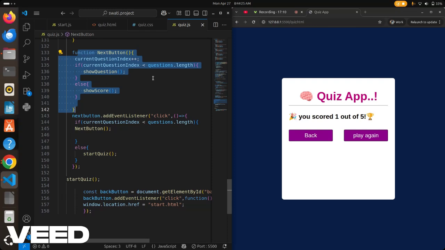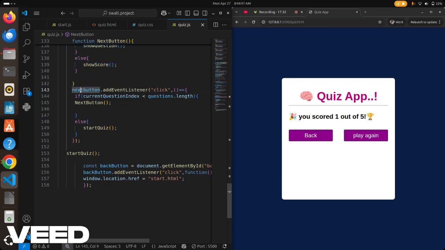If our current question index is not less than question dot length, it will show the score, because our question length is 5 and we cannot increase our current question index, so it will be false and it will show the score.